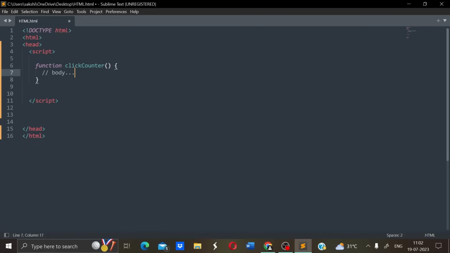The argument is empty. Now in the body, we'll add an if statement: if storage is not equal to undefined. Then in this case, if